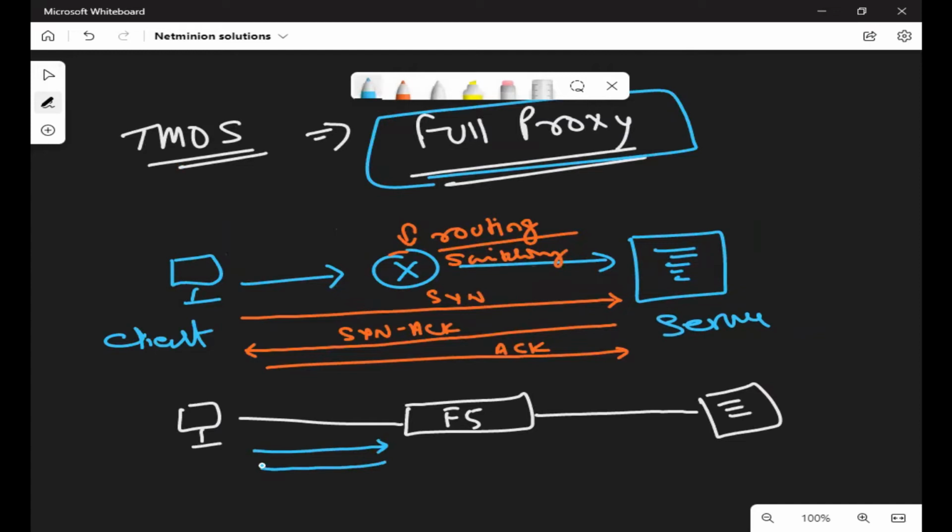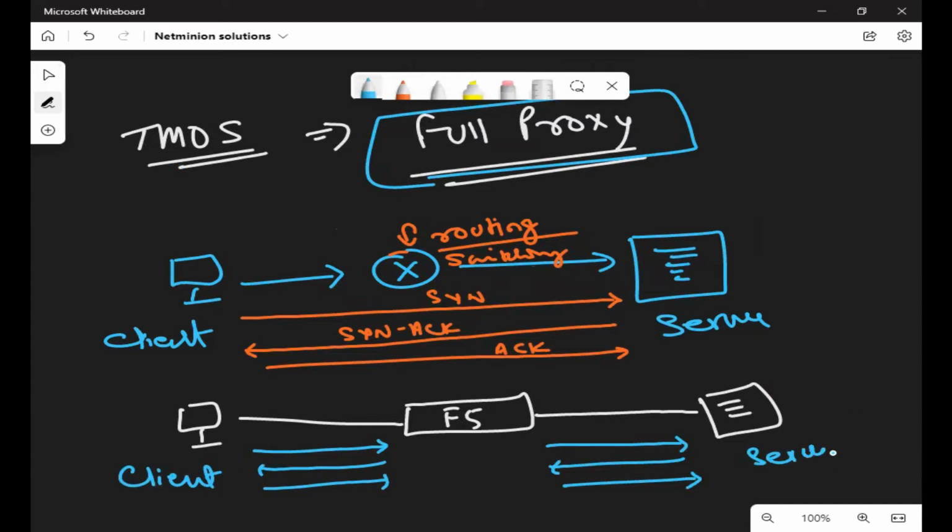F5 is the one who is now entertaining the traffic, and F5 will initiate the traffic on behalf of the client. So this is client, this is server. But the destination earlier was the server directly. In this case, what is the destination? F5. Since F5 is intercepting the traffic, reading the traffic, it can manipulate the traffic also.